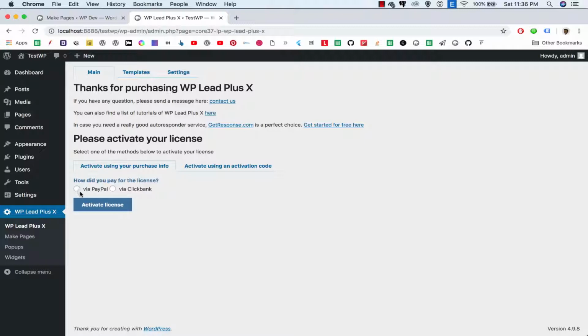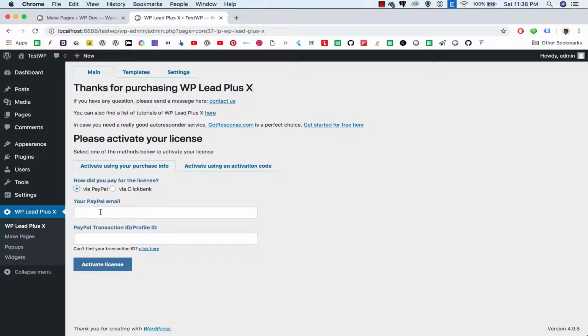So I click on the option on the left menu here, WP Lead Plus X, and sure enough you have purchased this through PayPal. Click on Via PayPal, and here you enter your PayPal email or the email you entered when you made the purchase. I will enter my email here, and this is where you enter the transaction ID, which you can find in your email